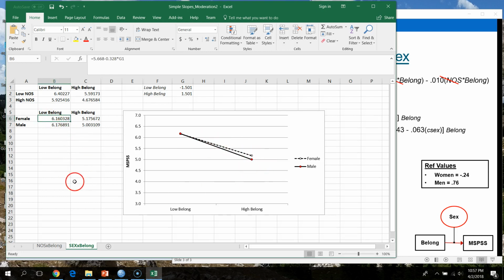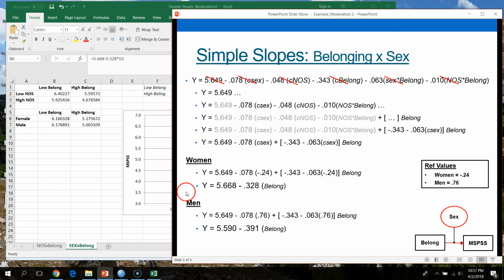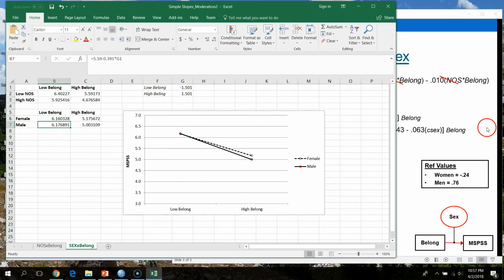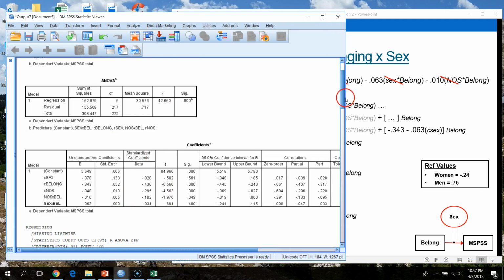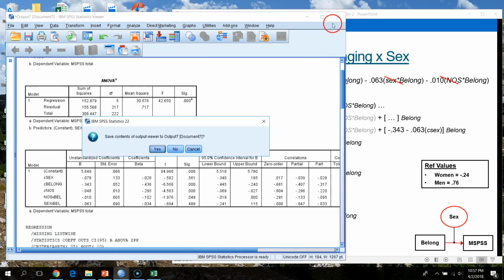And again, we just did this by plugging in our simple slope for women, simple slope for men, and then plugging in high and low levels of belongingness here. Okay. Now, this wasn't statistically significant, but if it were, right,